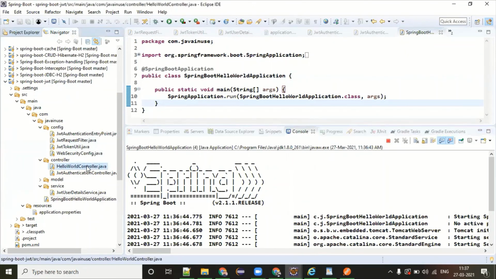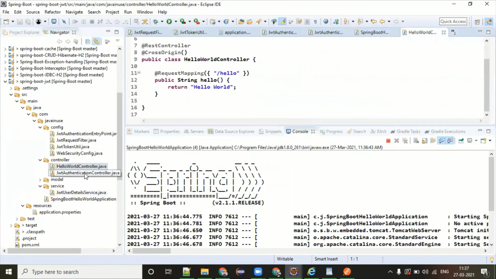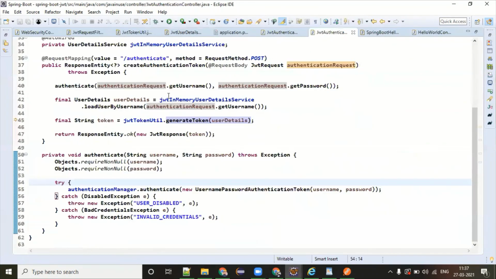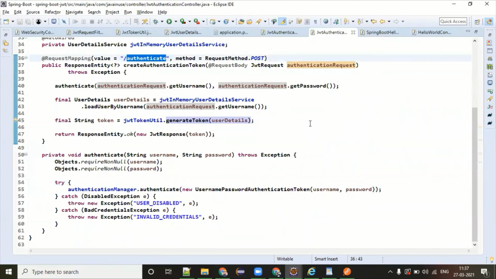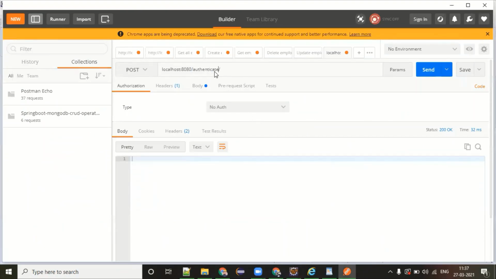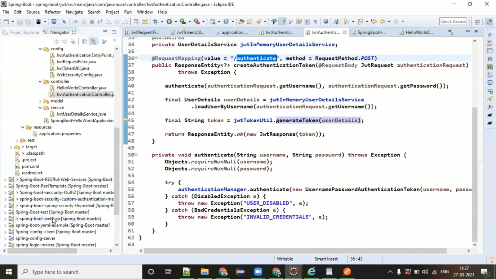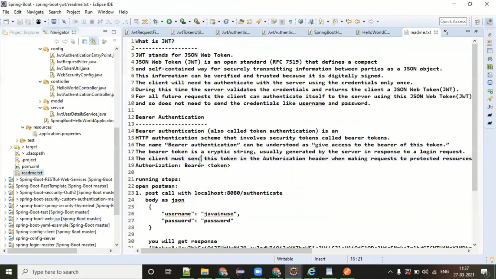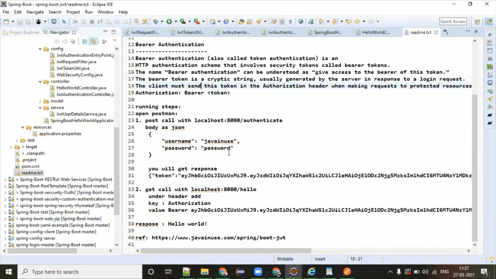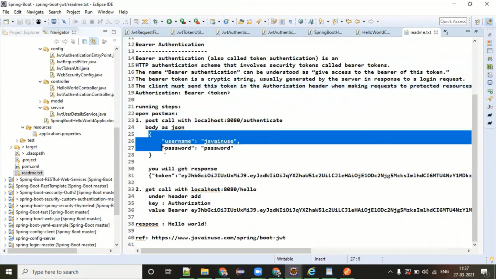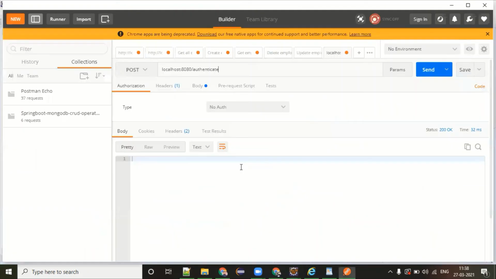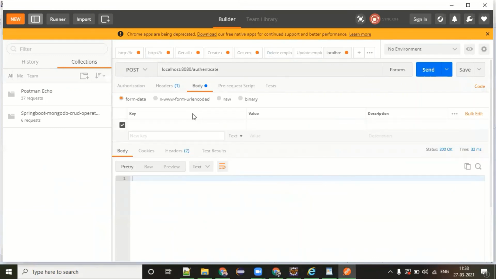So here is my controller, but the authenticate controller is this. This is a get call, I believe. No, it's a post call. Do I need to pass anything in the first request? Let me have a look. Body, add JSON. Okay, so we need to pass this username and password under the body.